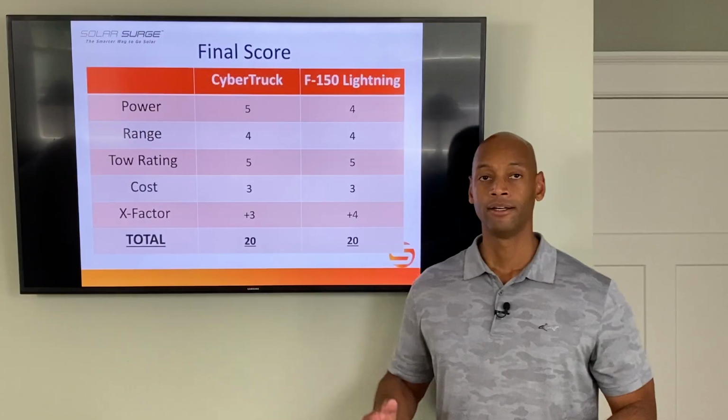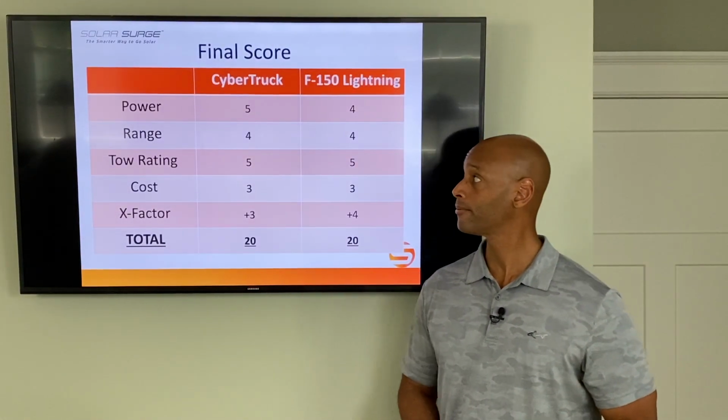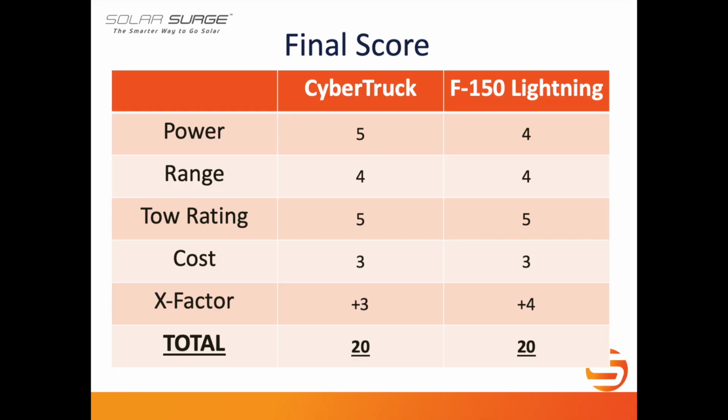operation. All right, so if we total everything up here, the CyberTruck receives 5 out of 5 for power, 4 out of 4 for range, 5 out of 5 for towing capacity. 10,000 pounds is just about as high of tow rating you're going to find on any other half-ton truck on the market. 3 out of 5 for cost, and plus 3 additional X Factor points for a total of 20